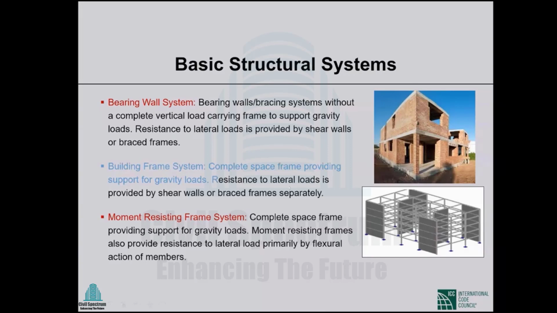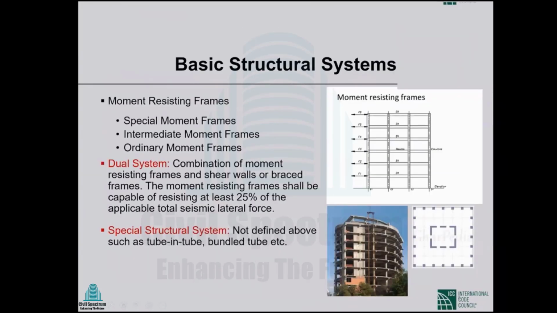So, okay, I have some animations. And we all know that in the building code, there are mentions of 3 types of moment resisting frames: ordinary moment frames, intermediate moment frames, and special moment frames. I think most of you know about these classifications. These are related to detailing, that is how ductile the frame is, what amount of inelastic deformation a frame can go through.